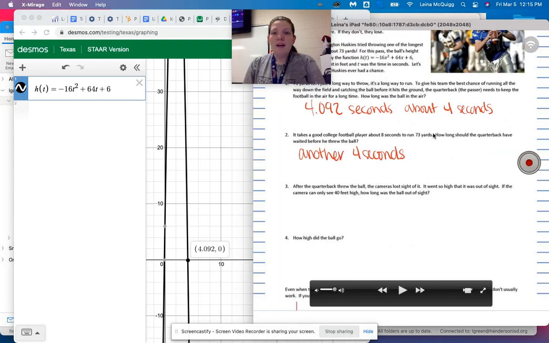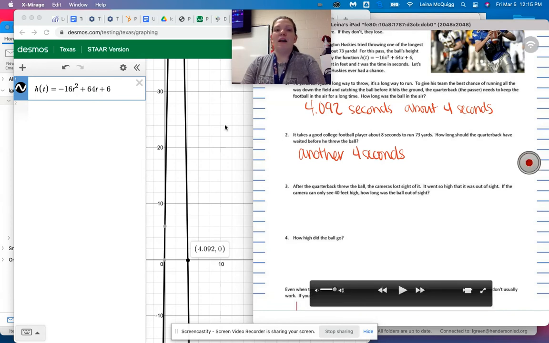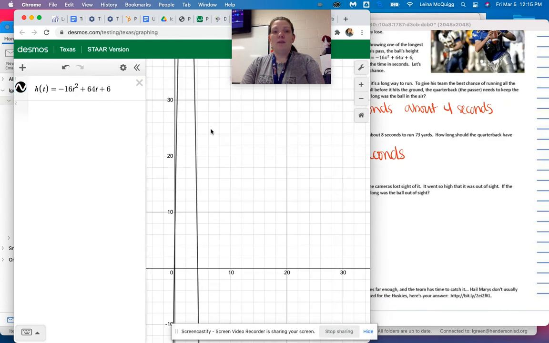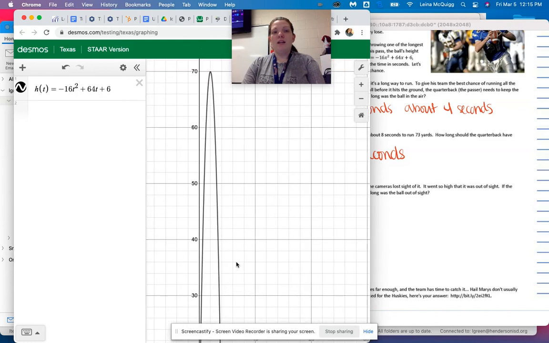After the quarterback threw the ball, the cameras lose sight of it. It went so high that it was out of sight. If the camera can only see 40 feet high, how long was the ball out of sight? Okay, so literally what my screen is showing right now. Look, there's 40 feet. So all the stuff above 40 is the time it was out of the camera's view. So let's see, it went out of view at like 0.63 right here, and then it came back in view at 40 feet around